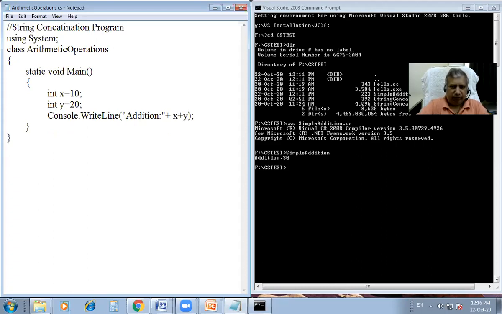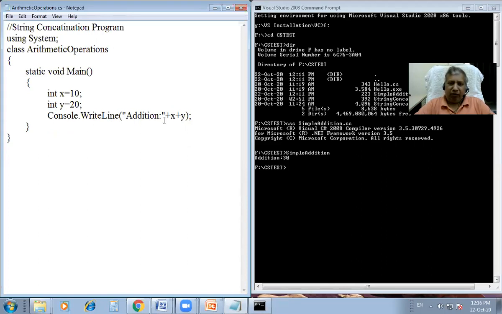plus y. Now the problem is that we have to think about priority. Now we are using the plus operator two times, once here and once here. What will happen in this case? x is integer, y is integer, so it should work as binary addition, and in this case it should work as a concatenation operator.